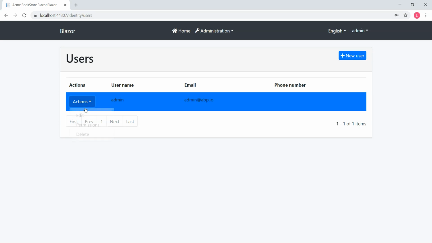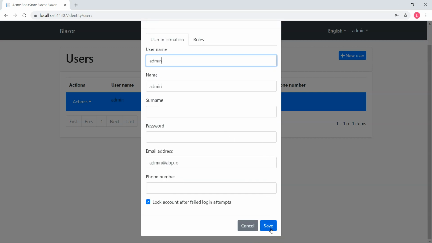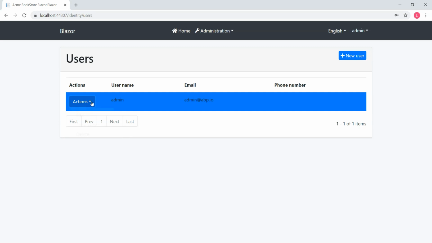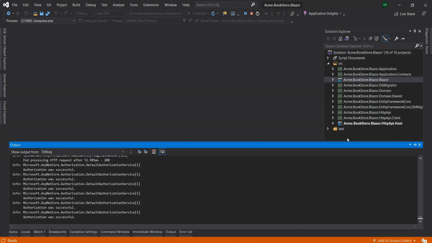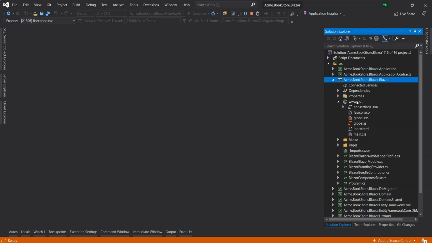Let's click on this. As you can see, when we click on the actions button, the row is actually highlighted, and then if we go edit, and if you notice when we press the save button, you get this little saving animation. Let me show you that again. You can see that the animation is fading in very gently. What I've done is, in the project, if you go to the CSS files under the wwwroot,